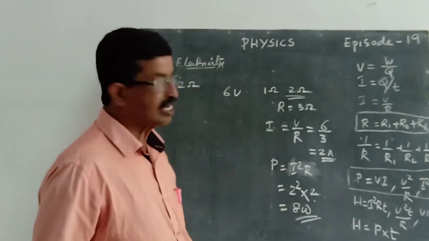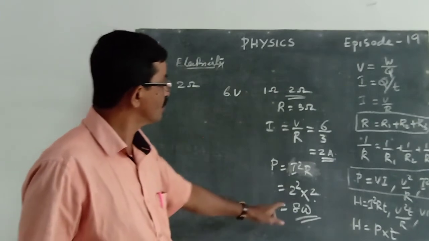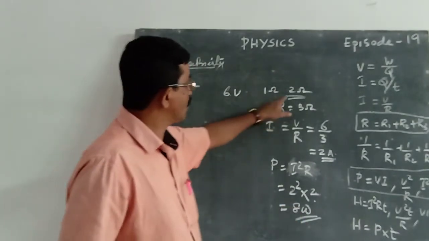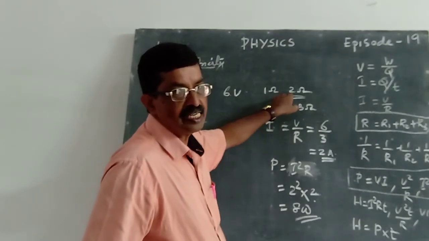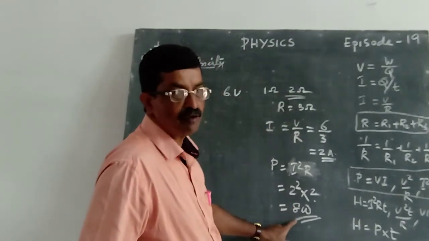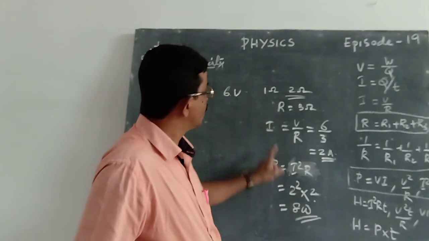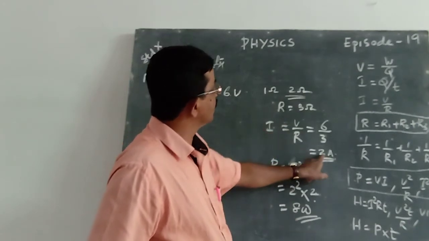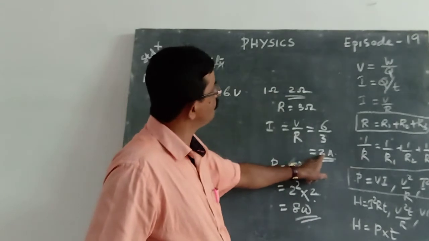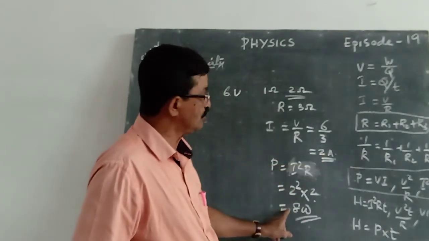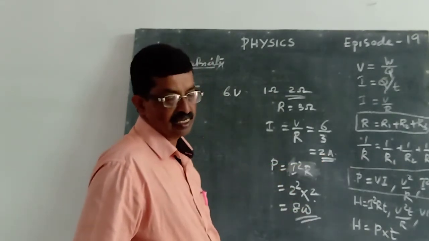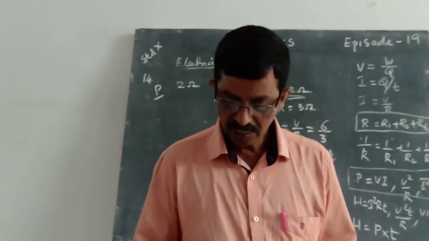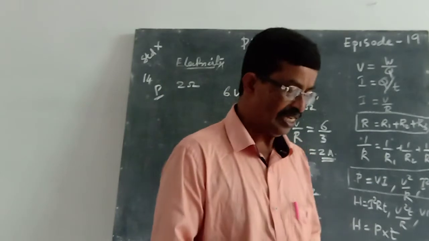So the power across the 2 ohm resistor is 8 watt. How did we get this result? At first we calculated the current, which is 2 ampere, and if we know current and resistance we can calculate power. Now the second case is given: there is a 4 volt battery